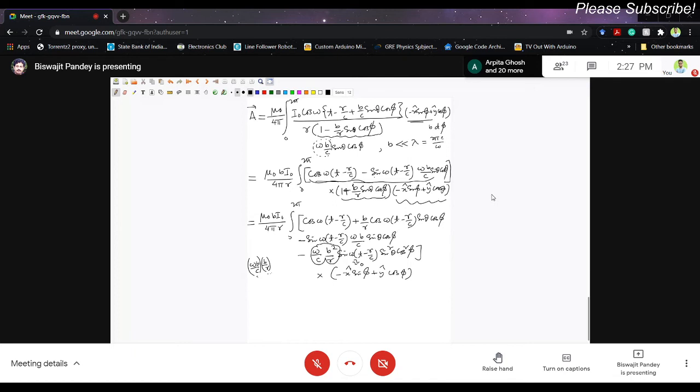It is not like that is 0. We are working under some approximation. This term is smaller than the other terms, much smaller. See here also that we have a b/r, but we are not dropping that. We have to compare among the available terms. So this term is ωb/c into b/r, so that is much smaller than 1, that is going to 0.